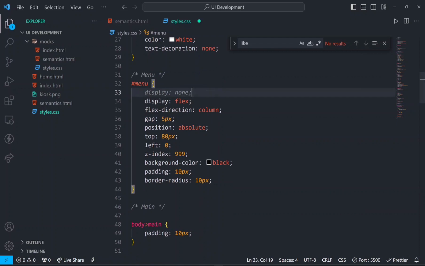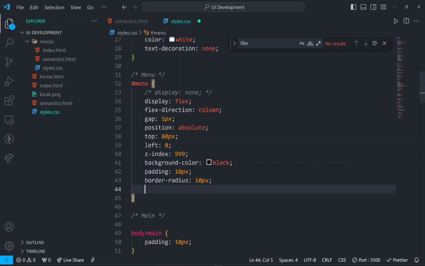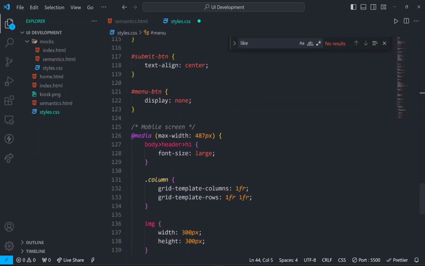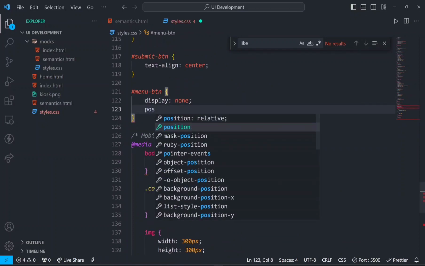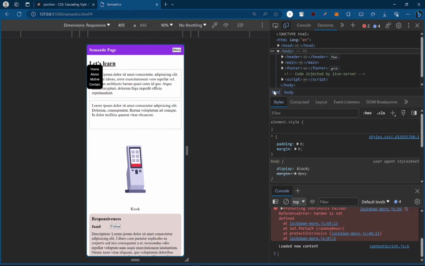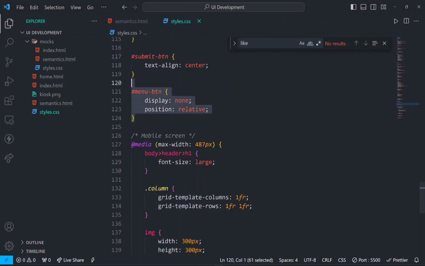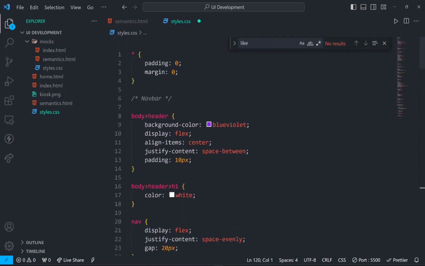And let's see, we need to make it display none. Firstly, let's not do that. Firstly, we need to find the button itself. Okay, so we'll make the button relative. As I said, anything that is relatively positioned, and the inside children can have absolute positioning, and they will be displayed with respect to the relatively positioned element. So over here, if we make the button relative, we can see the div that has been absolutely positioned moves in accordance to the button